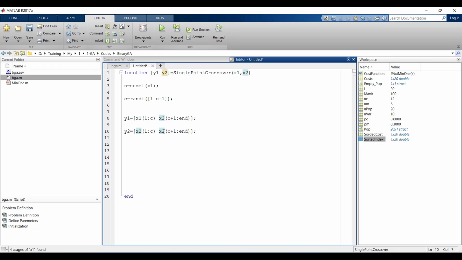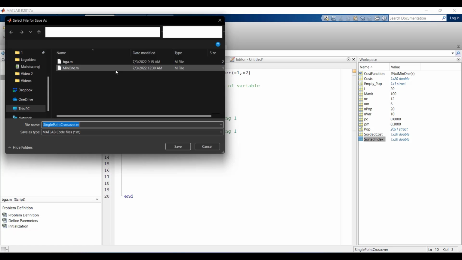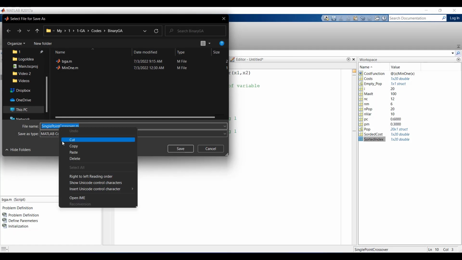So here x1 and x2 just change to each other. So let's just add some comments here. So let's just save it. This is our single point crossover,